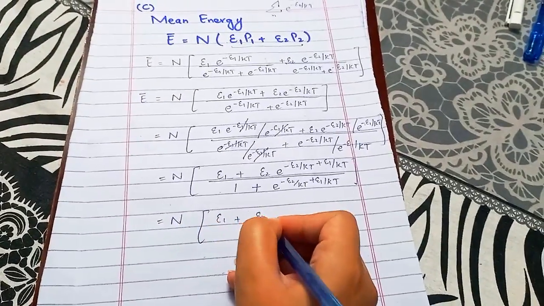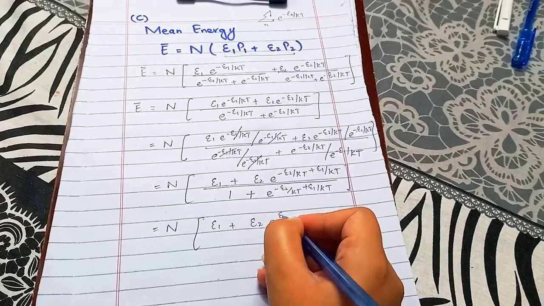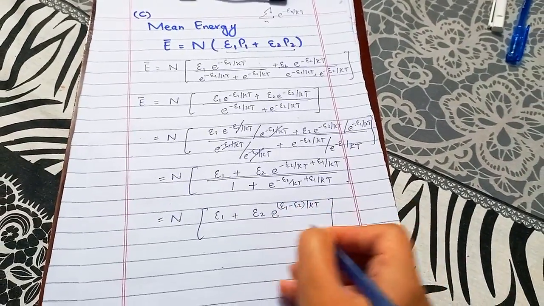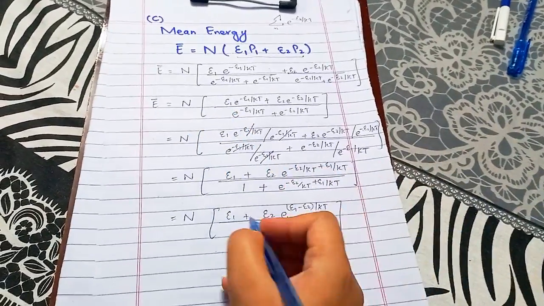E1 plus E2 e to the power, we can write it like that, E1 minus E2 by kT. I just wrote E1 first and E2 second